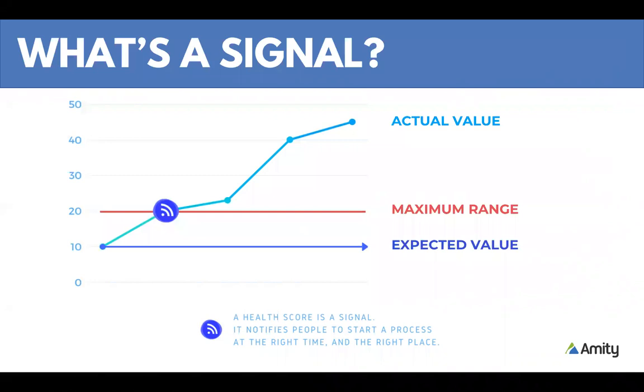So knowing that it's 71 or 67 or 104 by itself doesn't really matter. You can't really act on that. What really matters is that it's outside of the acceptable or the expected range. And so those are what signals are. Something is outside of a range, or something that was outside of a range went back inside of a healthy range. Okay, so health scores are a signal that tell you it's time to take an action.